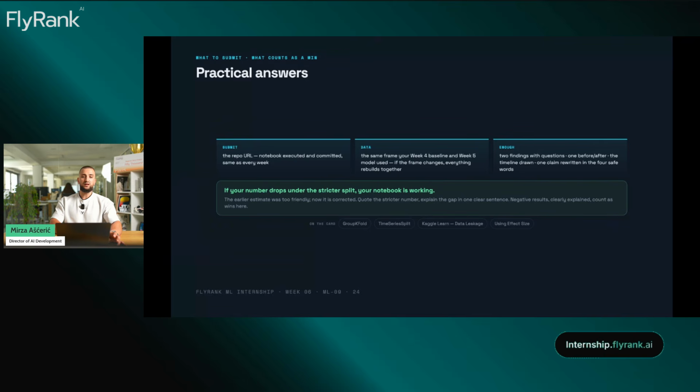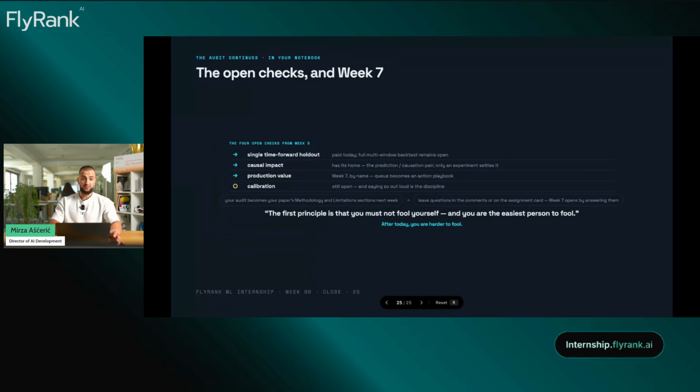And that's the skill we want you to learn. Getting a bad result, but explaining it well is still a good thing here. Actually, very good thing. And we still have 4 things to work on from week 5. We looked at just 1 future time today. We still need to do more tests over many different times. We know that our model can guess things, but only a real test can show if it causes changes.